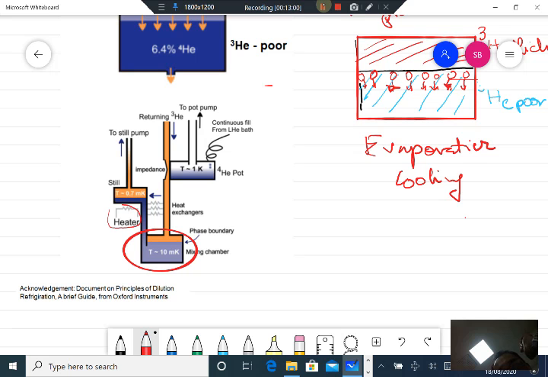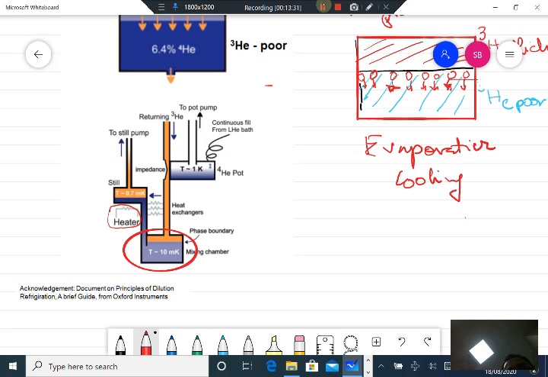Furthermore, you apply a small heater. With this small heater, you will heat this mixture very slightly and remove more and more molecules of helium-3 from this mixture. So the density of helium-3 in this liquid decreases. In this low dense phase, in the still, there is a lower density of helium-3 compared to the region at the bottom in the mixing chamber.